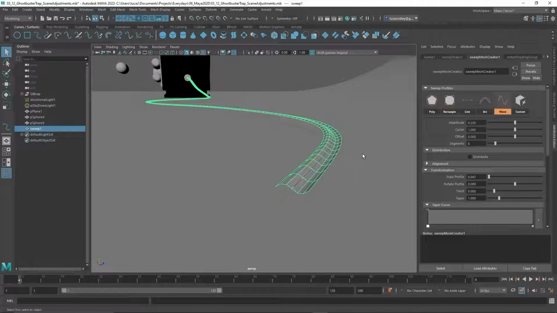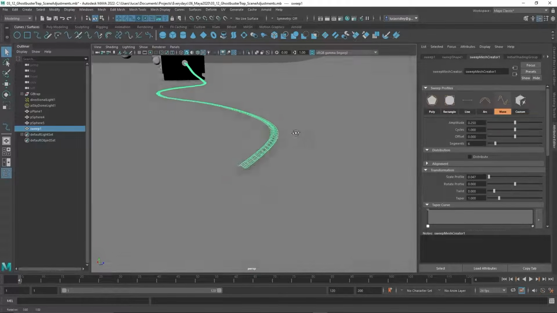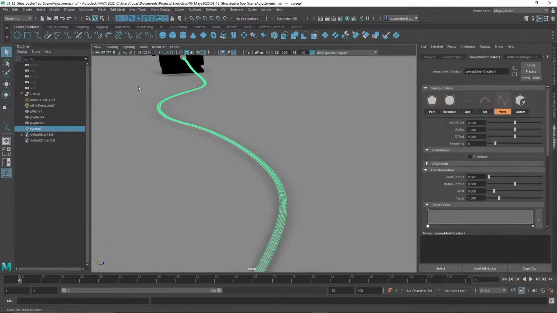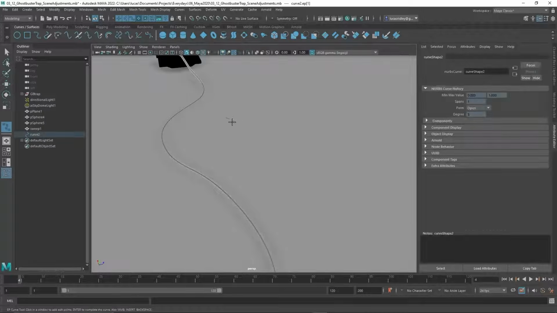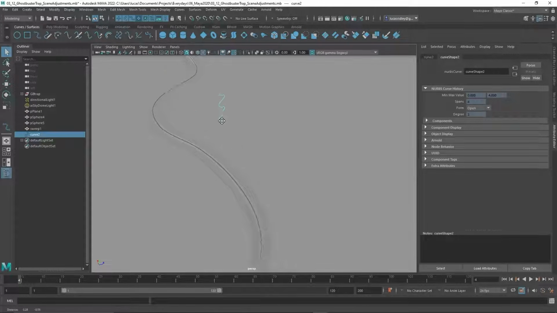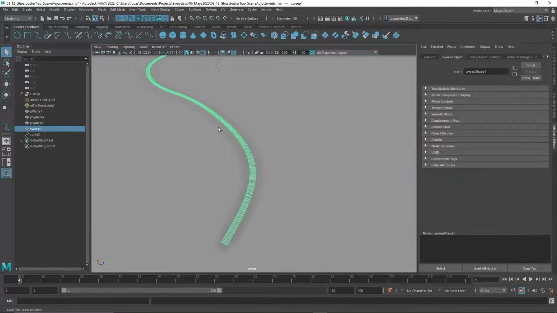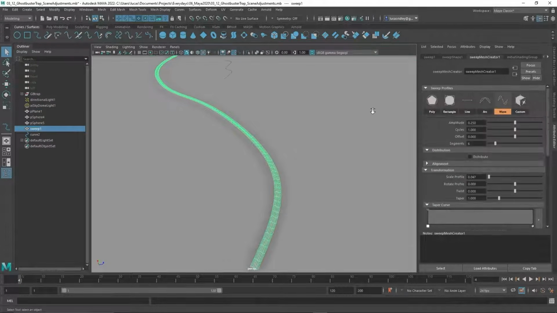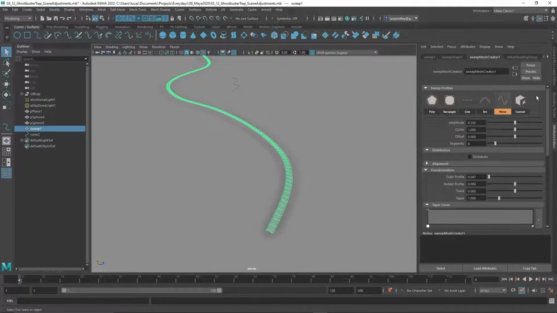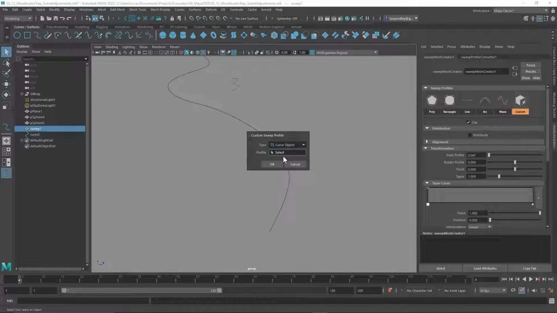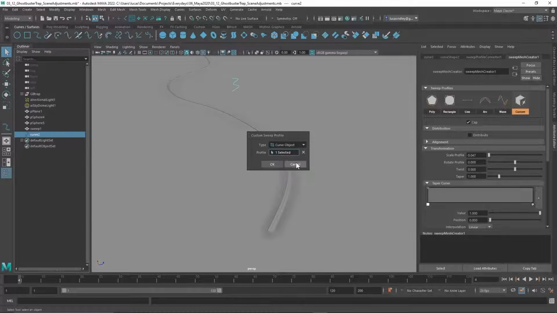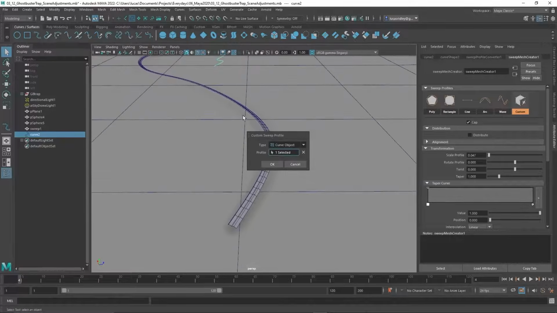Now, the final one I wanted to touch on was custom, and it was a bit finicky when I was playing with it. Let me show you. Obviously it's going to take a custom curve that we define. If I just draw one out, let's just say something like this, and I go back to the mesh and the Sweep Mesh Creator, I can choose this custom and it will pop up this new window that asks me to select what curve I want to use as the profile. Once that's selected, let me turn back on the wireframe on shaded to show you what I mean.